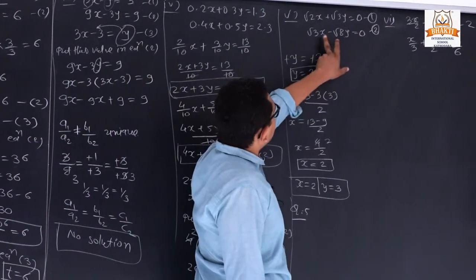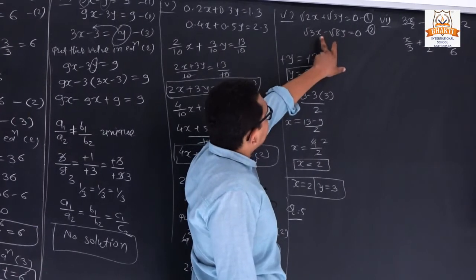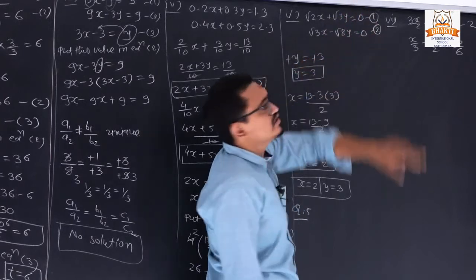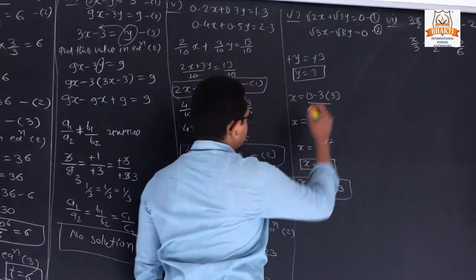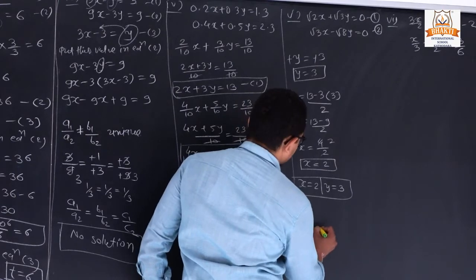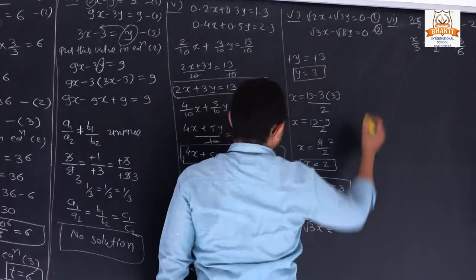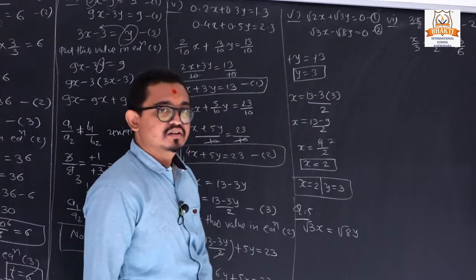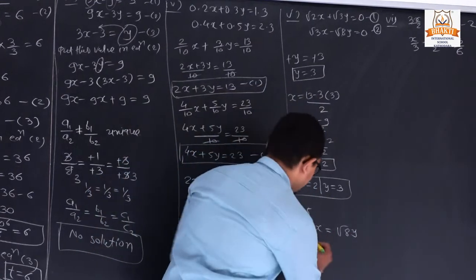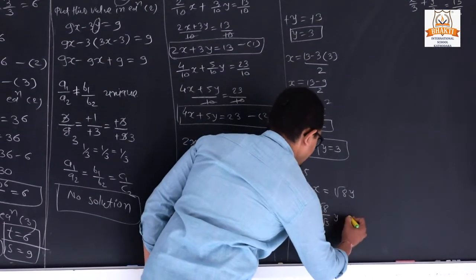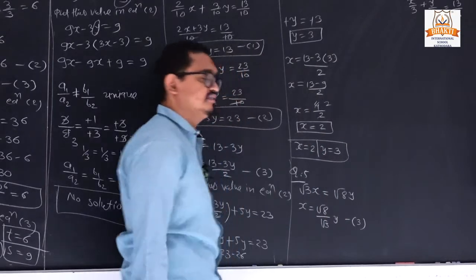We can take the x. We can take the x from second equation and then we can substitute this value in equation number 1. So from second we can write like that, root 3x, and this is going second side, so it becomes plus, and root 3 is going second side. So what is the value of x? We can declare it is result number 3.